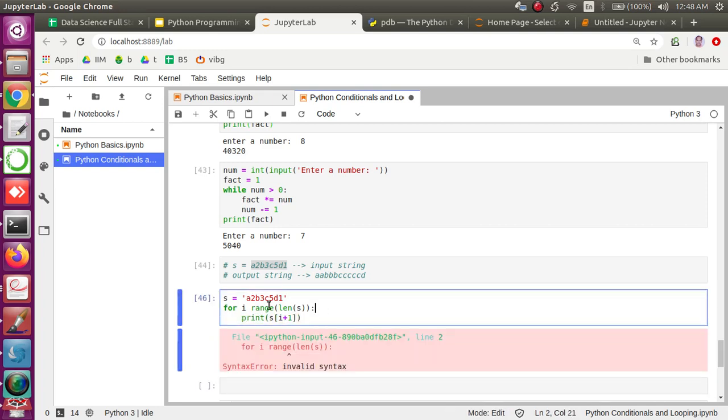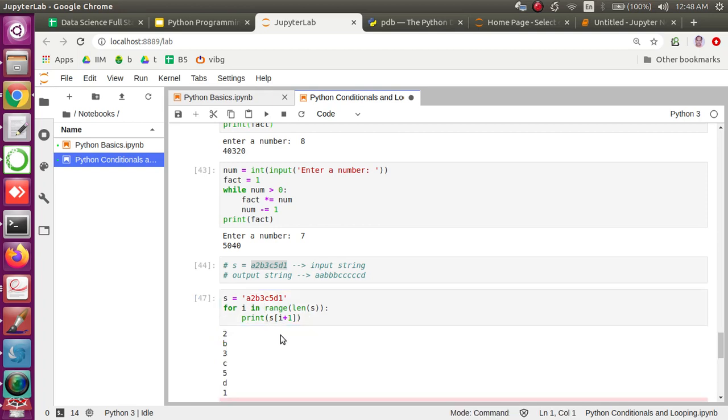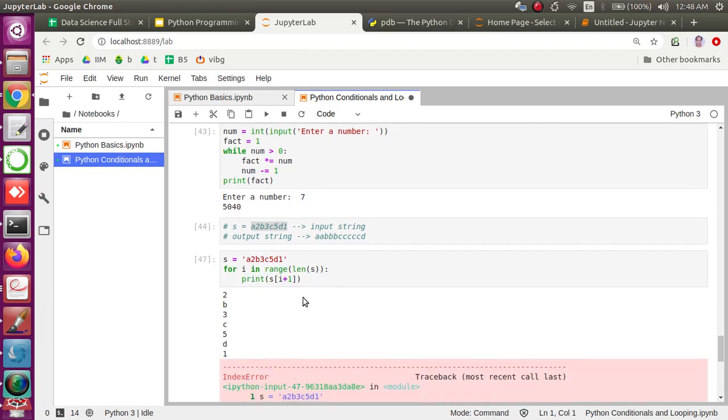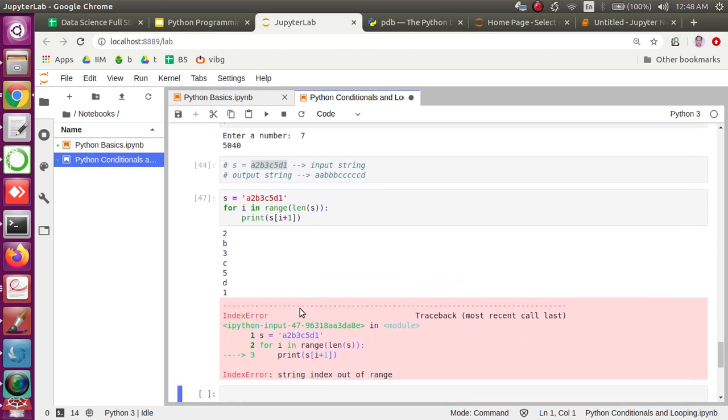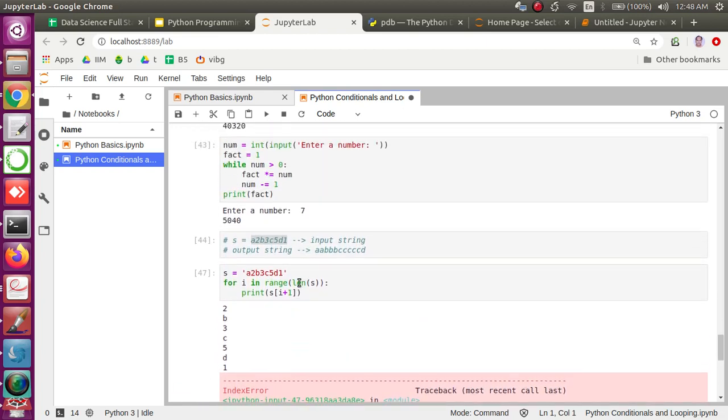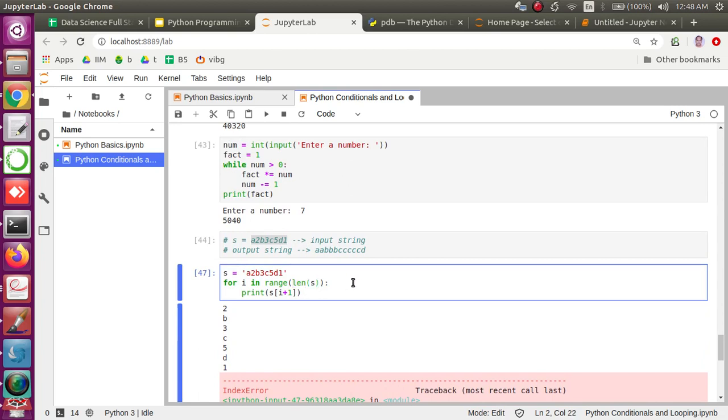What went wrong? The in is missing the syntax, right? So if I do this, I can see that I'm printing "string is out of range." That means I cannot go using the range, because here I'm doing +1. That's the reason, right? At the end, till 1 the digit it works, and the next time it will be 1 plus that last number +1. That's why it is going out of